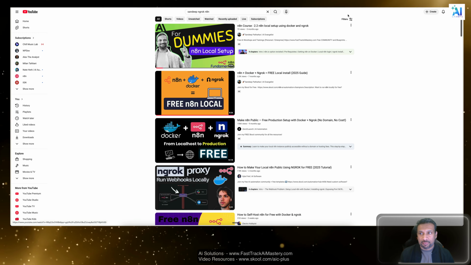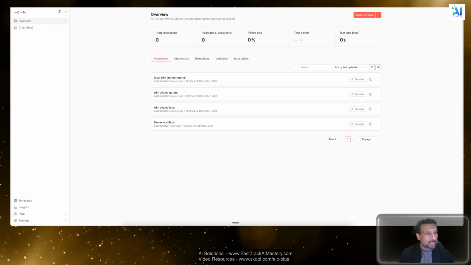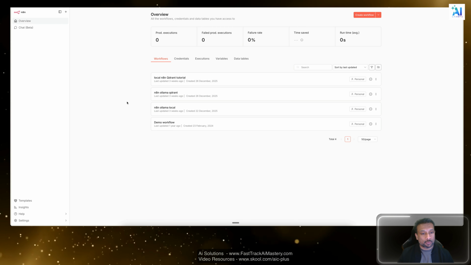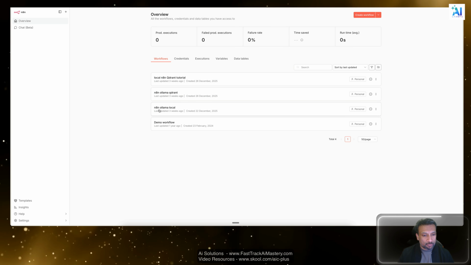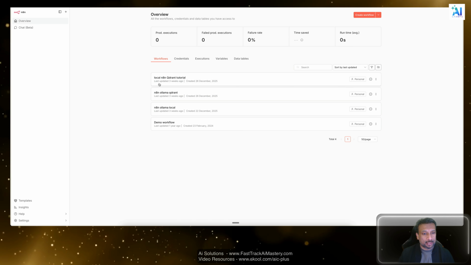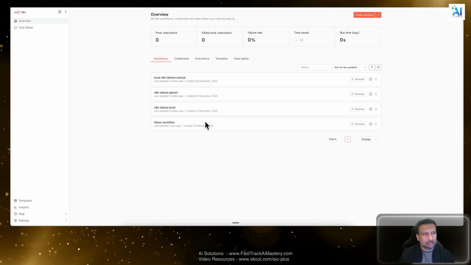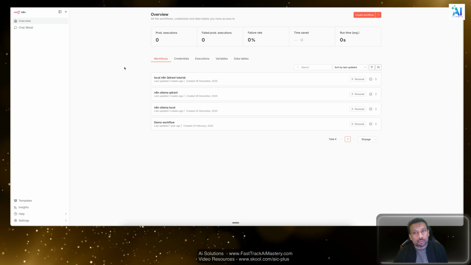Let's go and check if we have it already. I just checked it out. If you see, this is localhost, and 5678 is the port where it's running. We have our demo workflows: n8n on local, which is Ollama, Qdrant, and the tutorial which I used to teach how to create the YouTube video. So all of this is already done. Today we are going to try